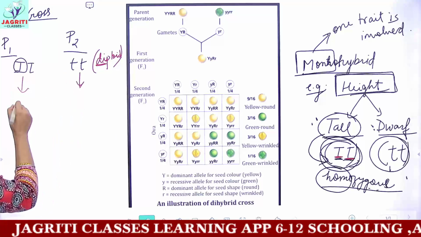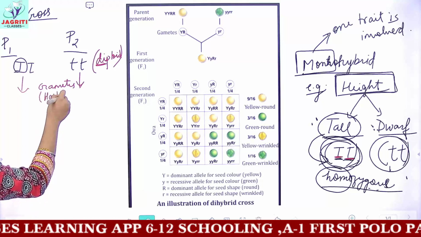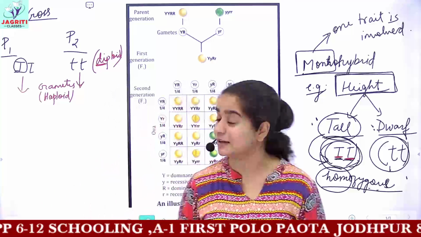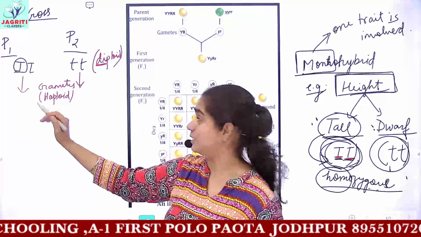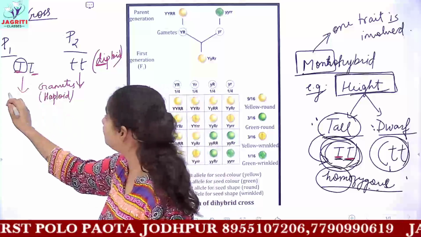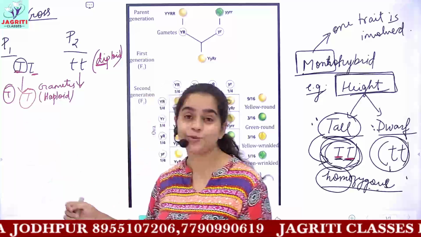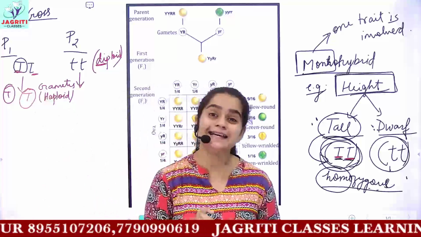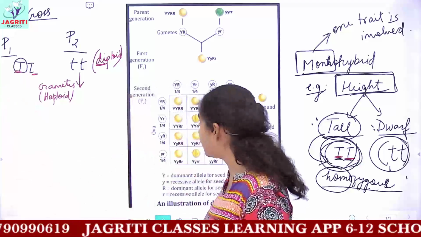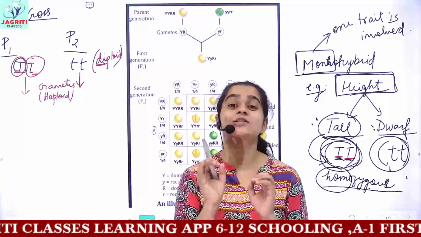Whereas if we talk about the formation of gametes now, the gametes are called haploid cells. Haploid here means the gamete only contains a single copy or a single allele. You know that at the time of formation of gametes, these two alleles, that is capital T and capital T, will separate out. So at the formation of gametes, you have capital T in one gamete, and the next gamete would also be the same, that is, it would also have capital T. So we can say in short that only a single type of gamete is formed here, because both the alleles are homozygous, or because both the alleles are the same.